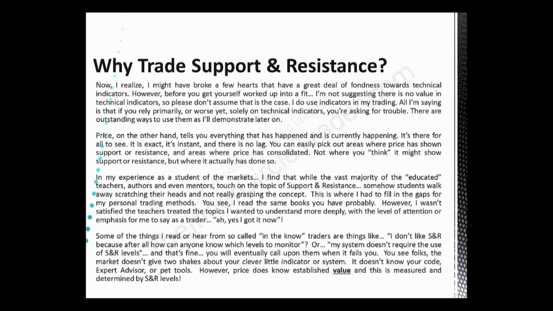So understanding that value, or what is deemed as value, is always going to be moving. It's dynamic, which is the reason why there are multiple levels that would be considered support and resistance based on any time frame. Price is price. It's the same on a monthly chart or a 1-minute chart, but how we perceive it, and how we measure the supply and demand curve on horizontal support and resistance